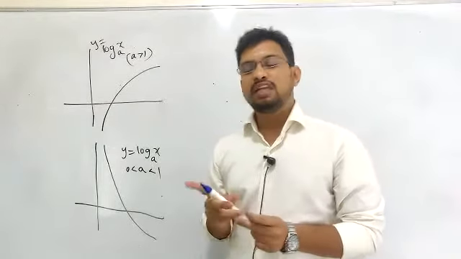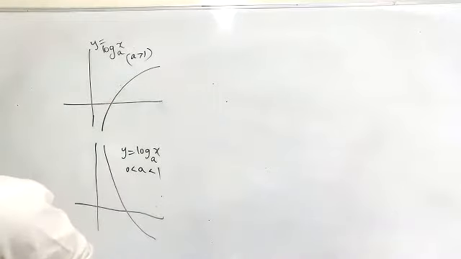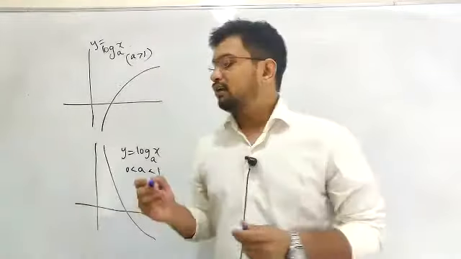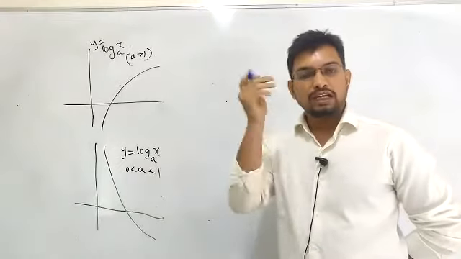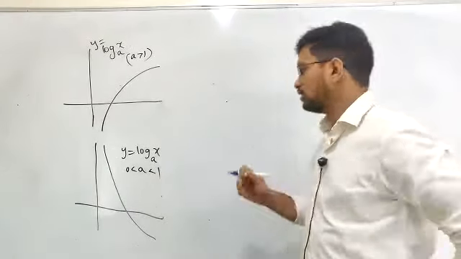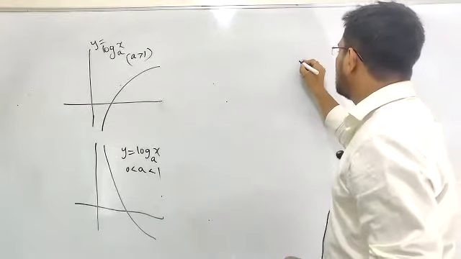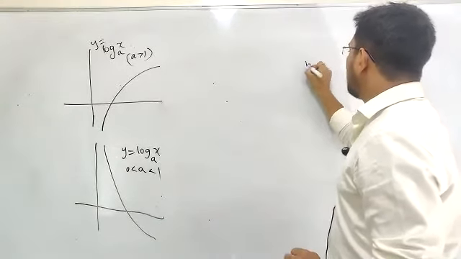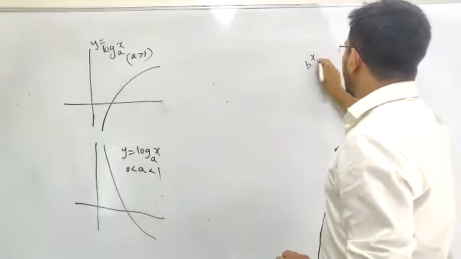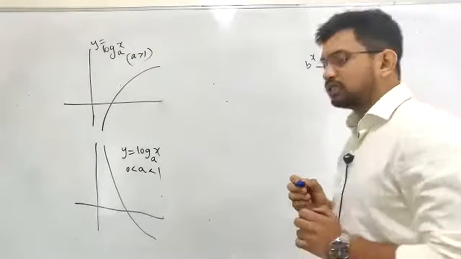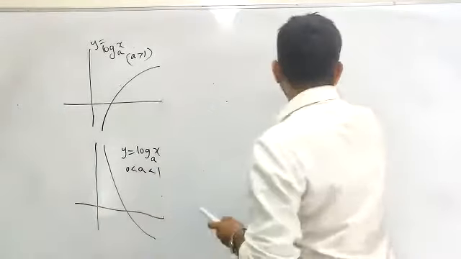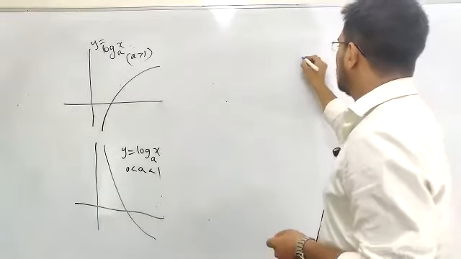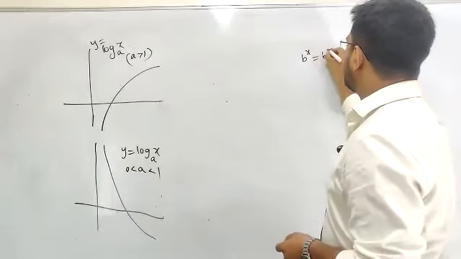Now let's see a few inequalities here. The basic inequalities we need to see are something like this. Let me take some exponential function, let's say b power x is greater than b power y. So first, let's start with the equality part of this. If I write something like b power x is equal to b power y,